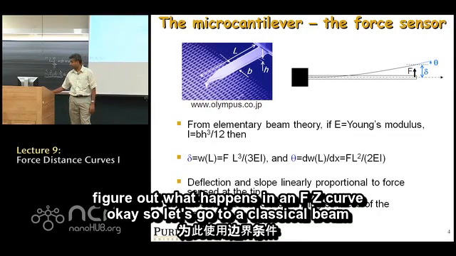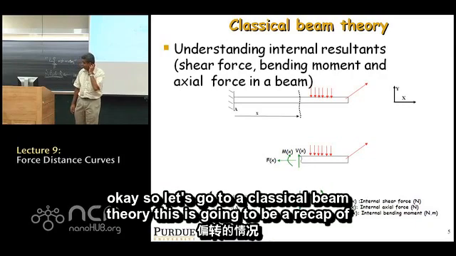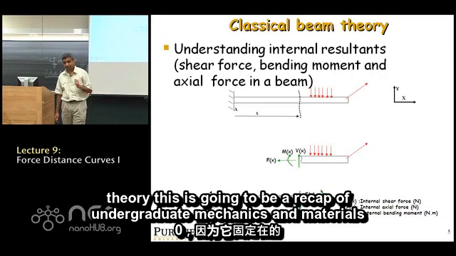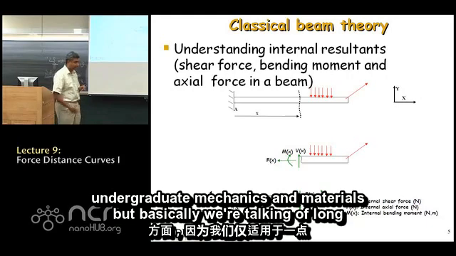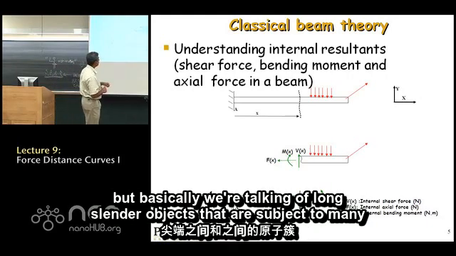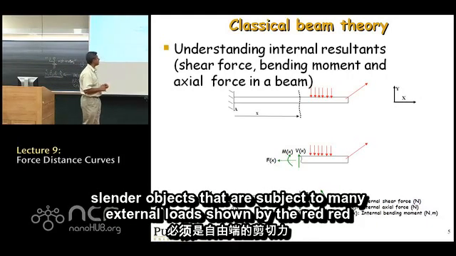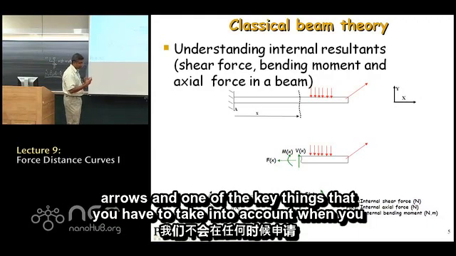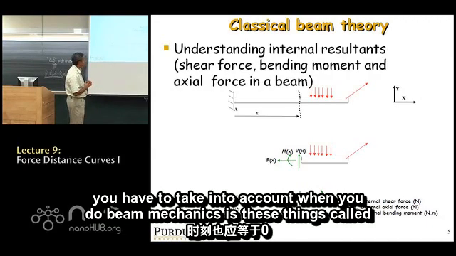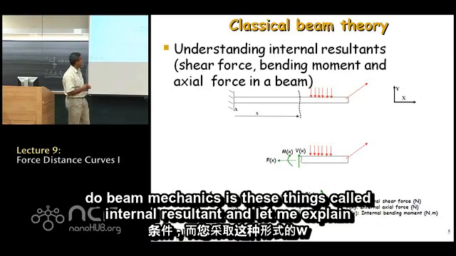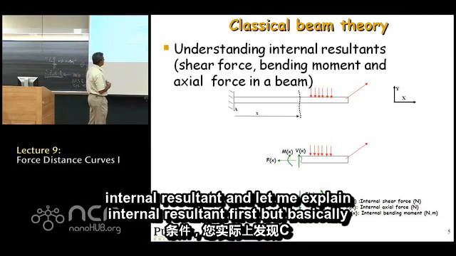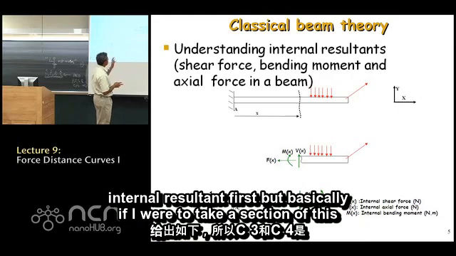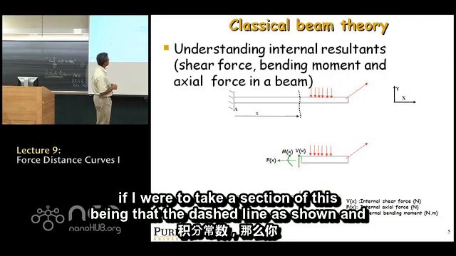Okay, so let's go to classical beam theory. This is going to be a recap of undergraduate mechanics of materials, but basically we're talking of long slender objects that are subject to many external loads shown by the red arrows. One of the key things you have to take into account in beam mechanics is these things called internal resultants. Let me explain internal resultants first. Basically, if I were to take a section of this beam at the dashed line as shown,